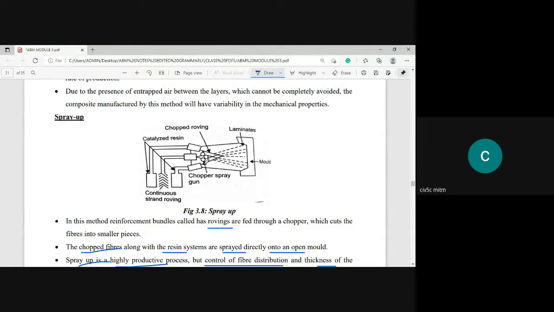So whoever, the person who operates the chopper, based on the pressure, will cut those fibers, and based on the operation pressure of the resin, it can spread or mix, and you can spray upon the surface of the mold. So entirely that depends upon the person who operates this chopper. Did you get my point?